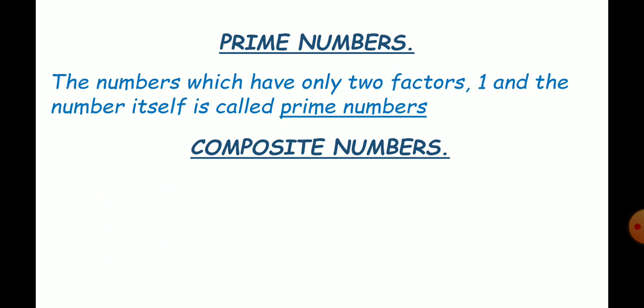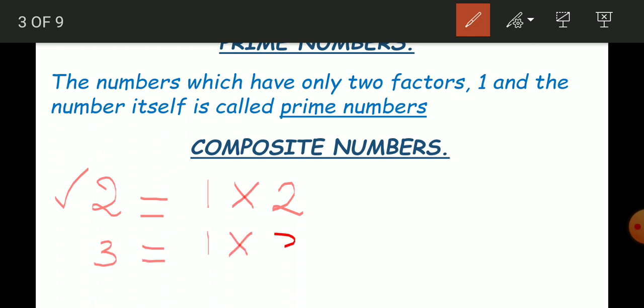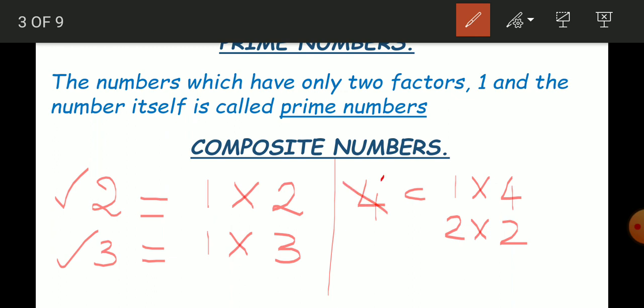Okay, so you can also tell me a few examples for it. So if we take 2, only 1 2s are 2 is possible. So 2 is a prime number. 3, 1 3s are 3 is only possible. So 3 is also a prime number. If we take 4, I can do 1 4s are 4, 2 2s are 4. So 4 is not a prime number. Next 5. 5 is 1 5s are 5. So 5 is a prime number.